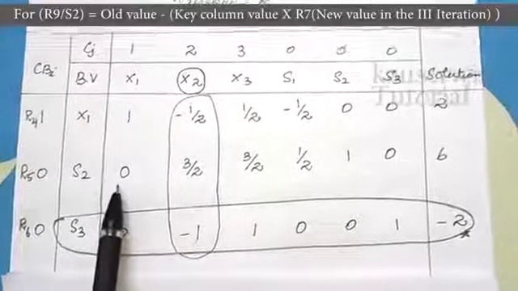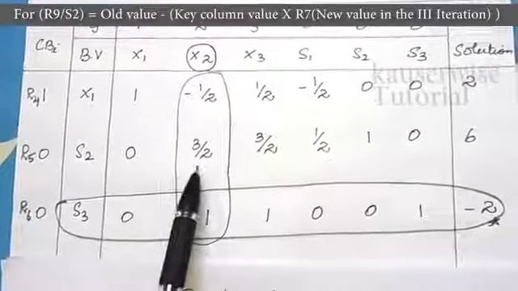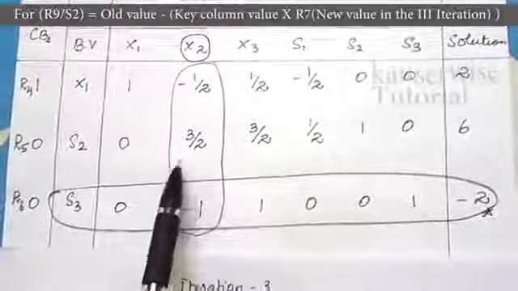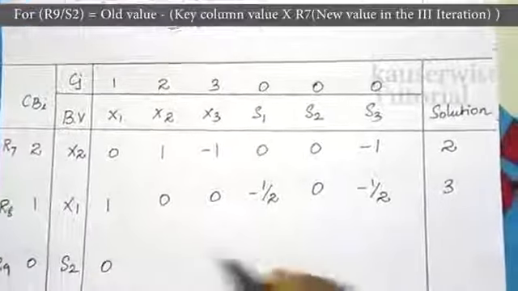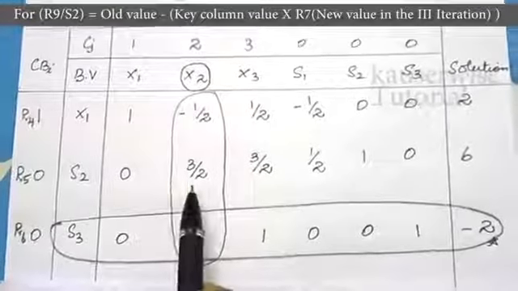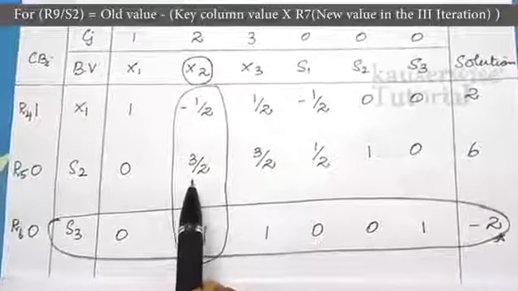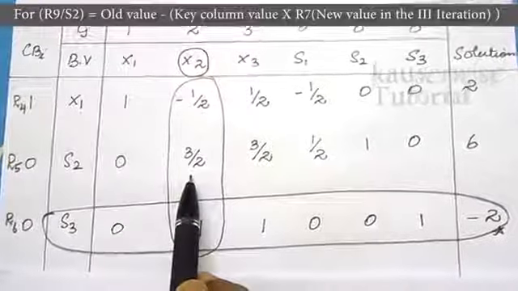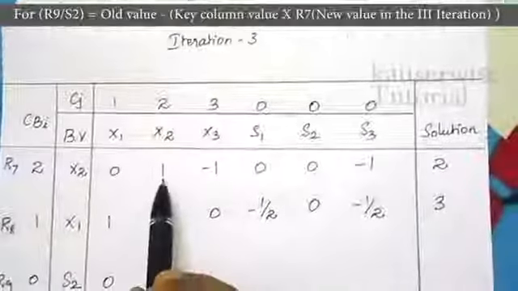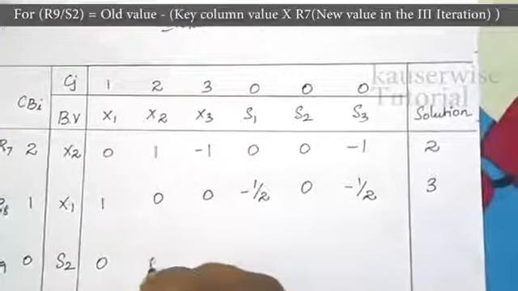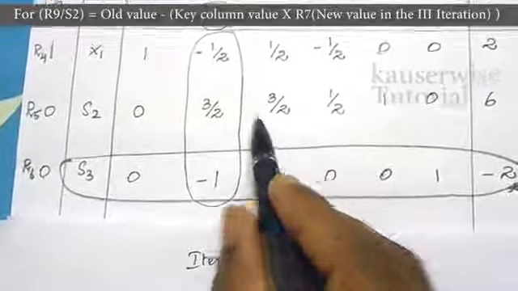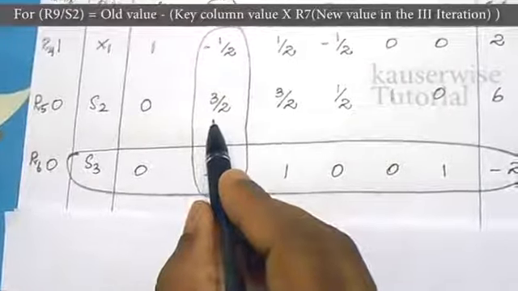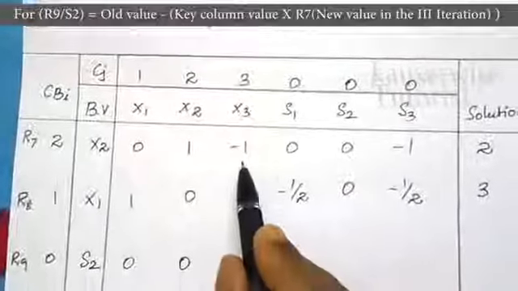See the old value. The old value is 0, minus key column value 3 by 2, into new value 0. So the answer is 0. For the next value, old value is 3 by 2, minus key column value, same value 3 by 2, into new value is 1. The answer is 0. The next one, the old value is 3 by 2, minus key column value 3 by 2, into new value minus 1. The answer is